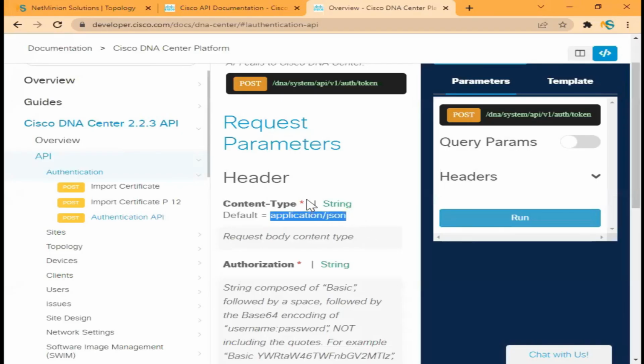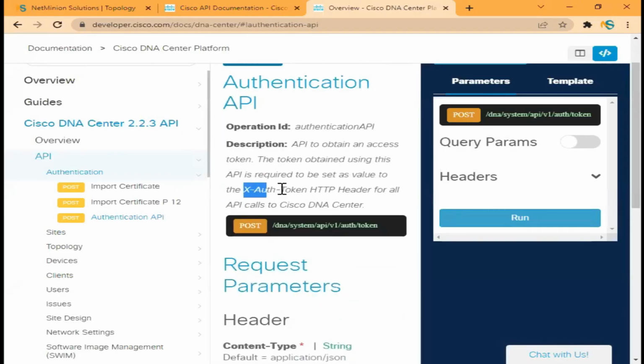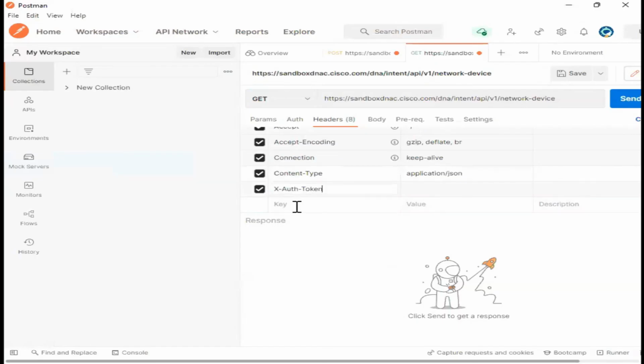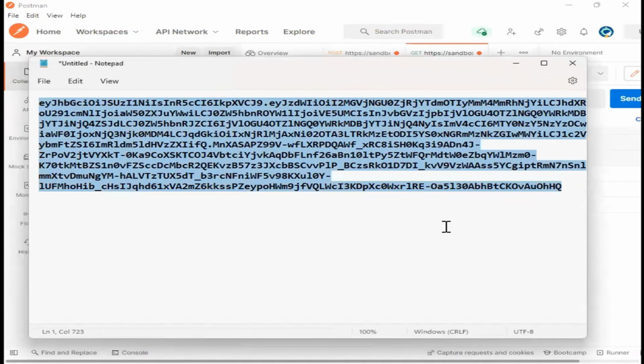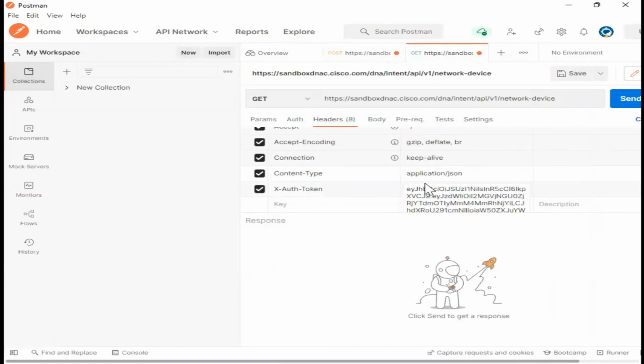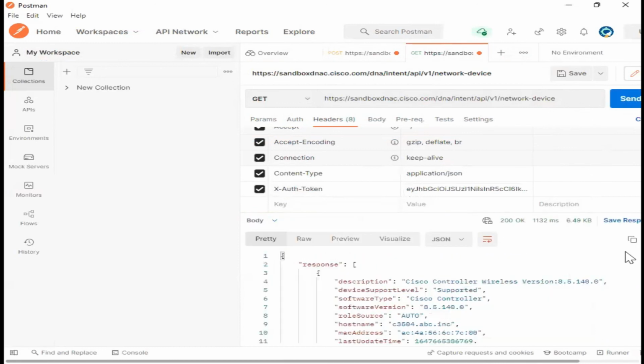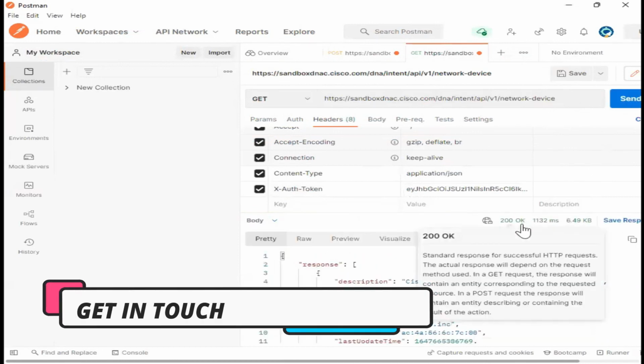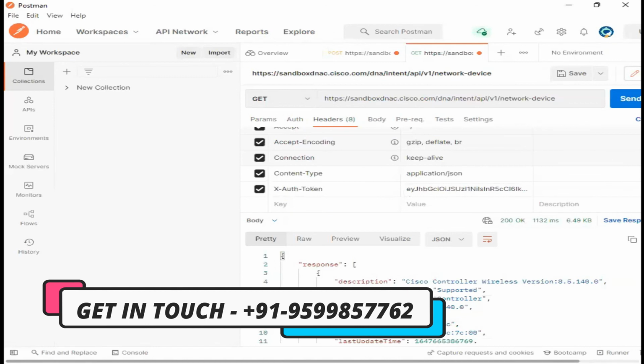Then the second key is X-Auth-Token. If I go over here, X-Auth-Token, and the token is this, my token: Control A, Control C. I will put in the value of the token. I want to get the devices information. I am sending this request, and can you see 200? This particular thing